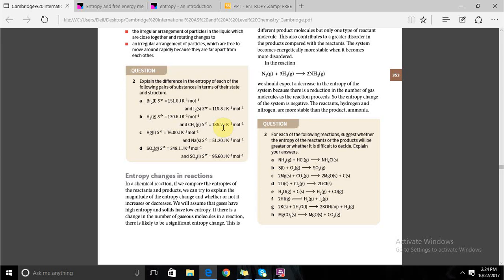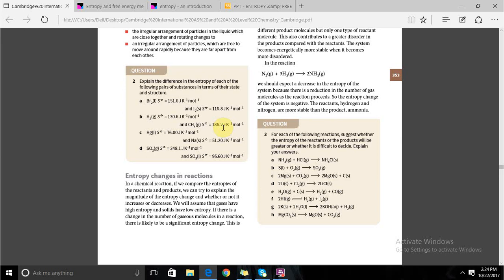SO2 and SO3, actually the number of atoms has been overridden by the state, and therefore SO2, despite having lesser atoms, has greater entropy. And then question number 3 is about, we have to suggest whether the reactants or the products will have higher entropy, and the scenarios in which it is difficult to judge. In the first one, we can easily judge that it is the reactants who have the higher entropy. In the second,